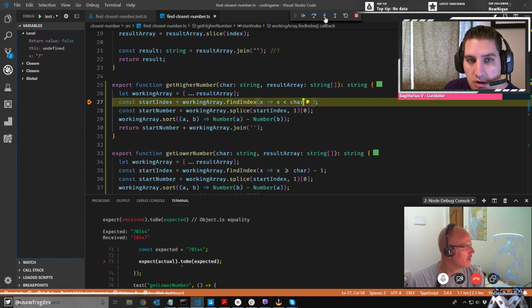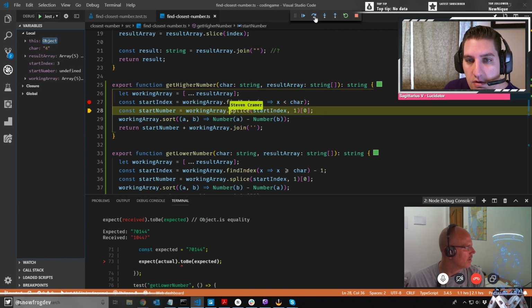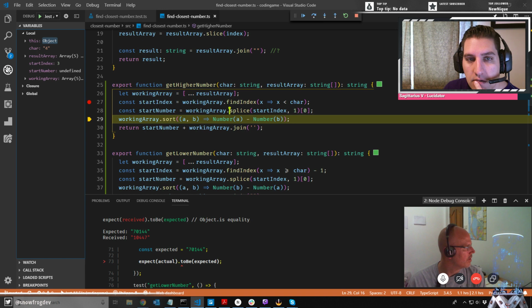Step over that and then just get the answer, unless you want to see what's going on inside. That's the right answer, right? Start index 3, and if you look at the result array, that is the